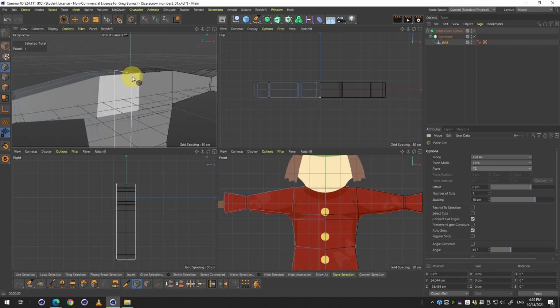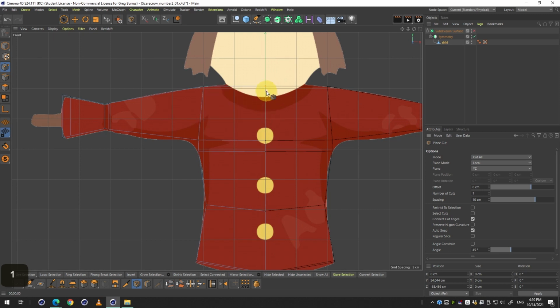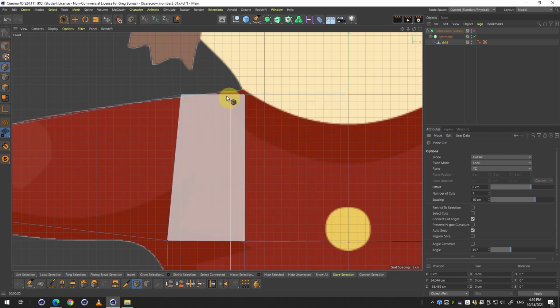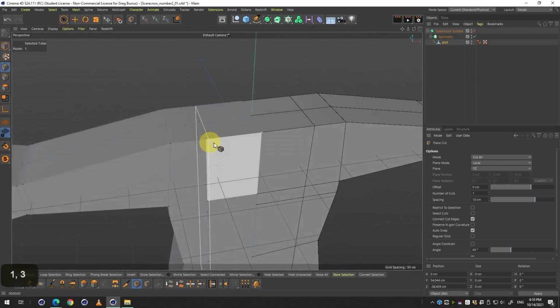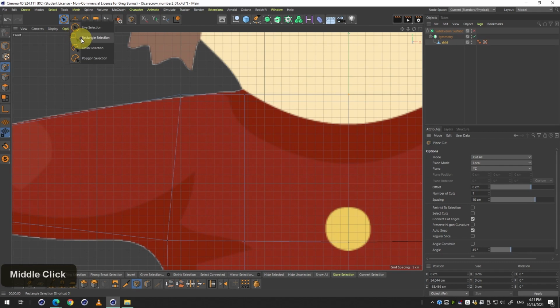Let's try YZ. Okay, so it looks like YZ is going to be the axis this is going to cut on, which is going to give us the definition that we want, because I want to be able to dip the inside of our shirt here at the top. So I'm going to come over to where I think the top part of the shirt's indent is going to be, add a loop cut or a plane cut, and then I'm going to come into my perspective view to double check that it cut all the way around, which it did. And then I'm going to switch back to my rectangle selection tool,